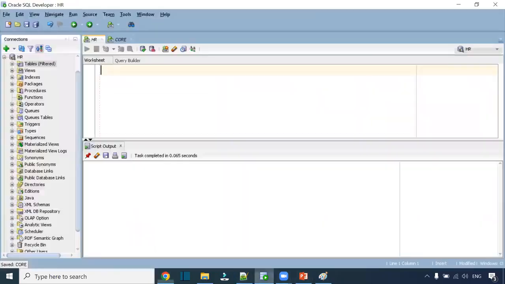Go to the HR schema. You can use select star from, or don't use select star, you can use select column names. Say, for example, you can use describe table, DESC. So as of now in